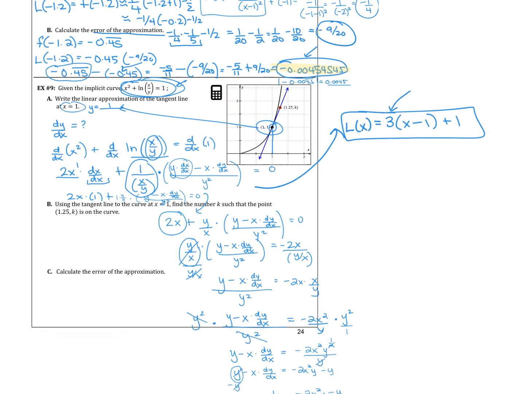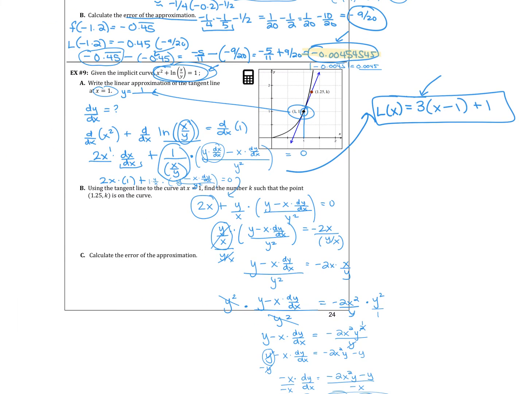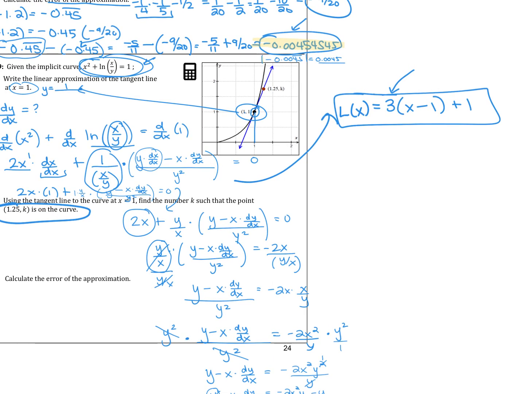Okay, so from there, that's part A. Use the tangent line to the curve at x equals 1. Find the number k such that the point (1.25, k) is on the curve. So for part B, we're going to use the linearization. We're going to say what is L of 1.25, and if I put that into our linearization,